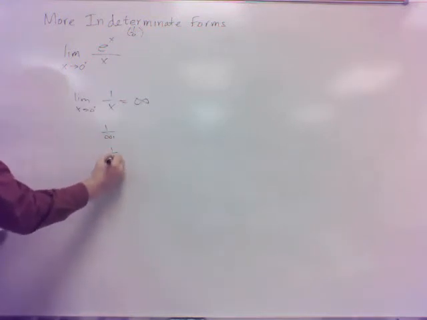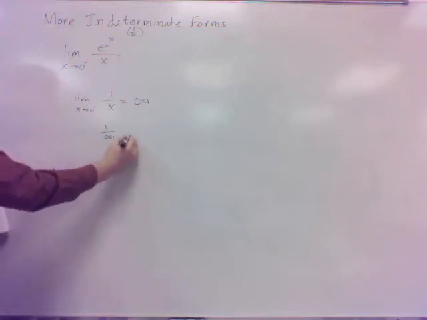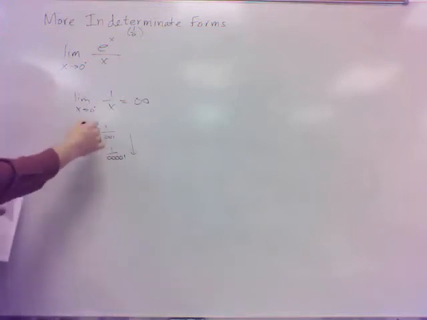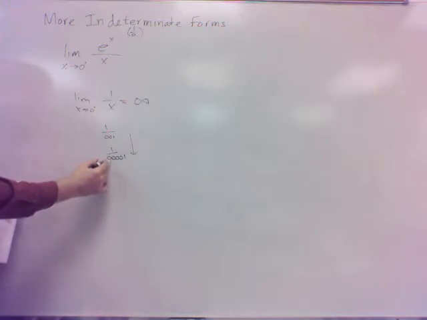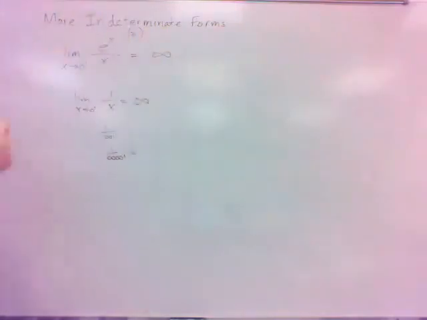1 divided by 1,000,000, 10,000, whatever. 1 divided by those are just going to keep getting bigger and bigger and bigger, because 1 divided by that number is going to be bigger than the previous one. So yeah, that's just going to be infinity. So if you have 1 divided by 0, something to that effect, that's infinity.